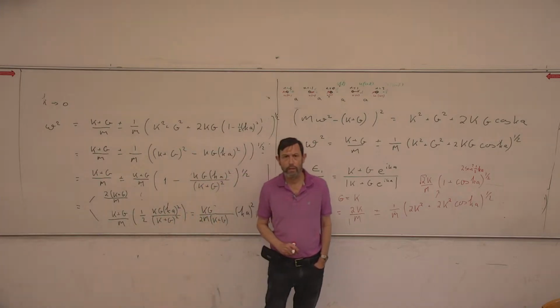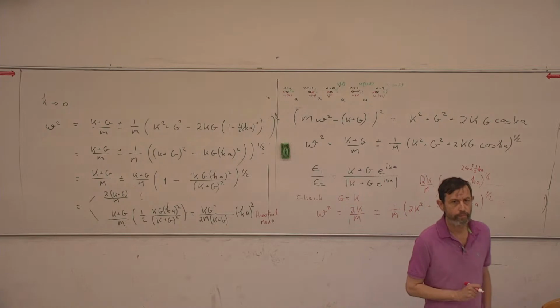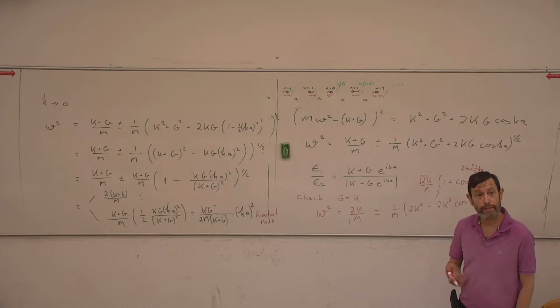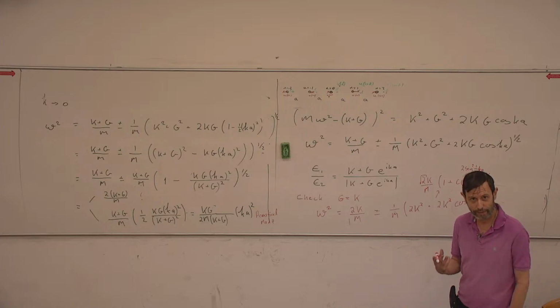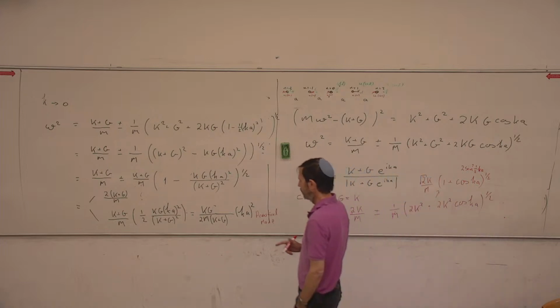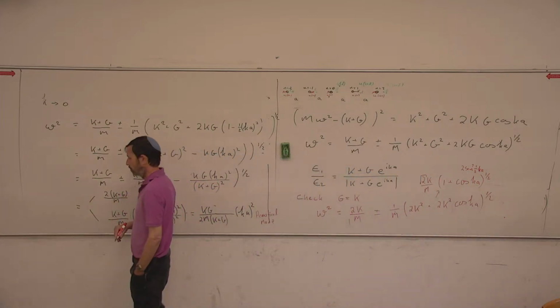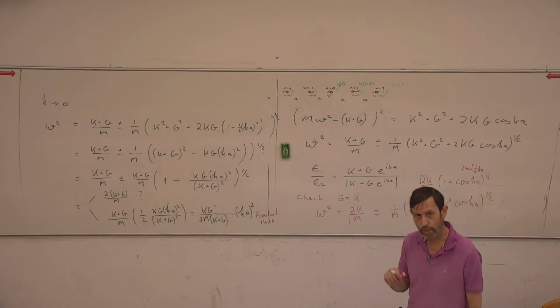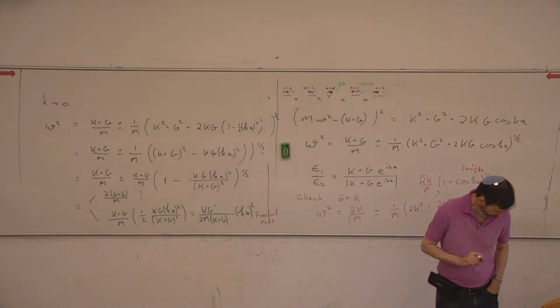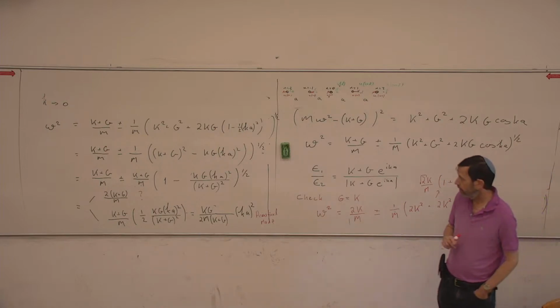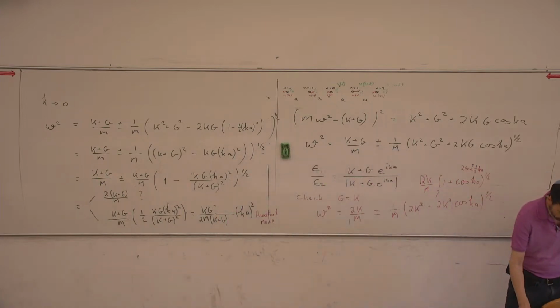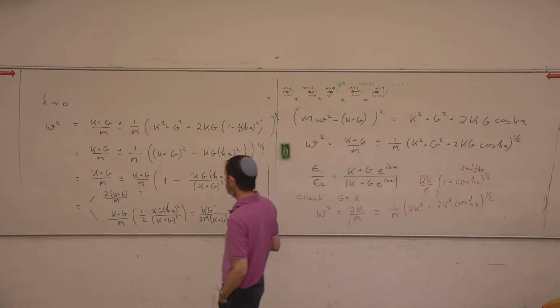This other result is strange. First of all, what does it tell me? Omega does not depend on k, which seems very strange. At least for small k's, it's some constant. How can we understand it? If I go back and look at the relations between E1 and E2, I'll get here